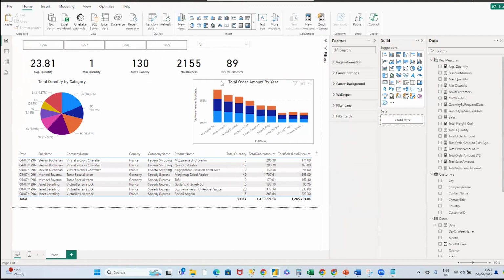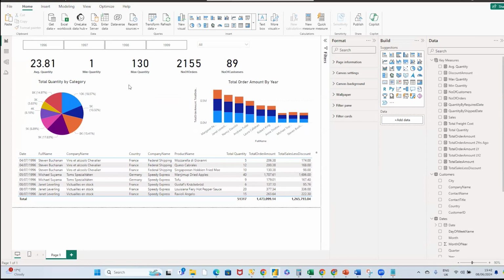Okay. So I have that at the top. So I have my total quantity by category. I have my total orders by that. I want to see my total order amount by year. I want to see my total order by product as well, and then you can filter out. So in that one, I want to see it as a